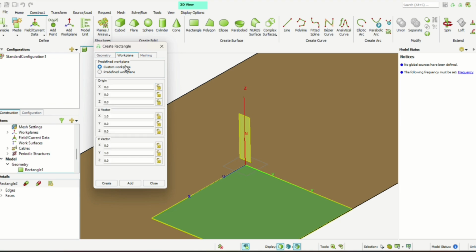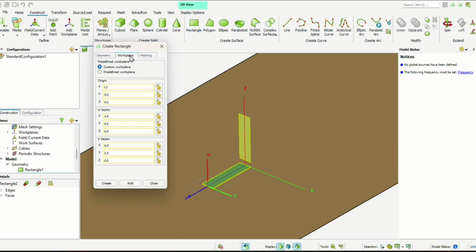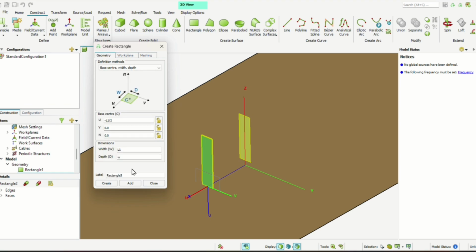I customize the work plane, starting the origin from X equals L3, and from the geometry I made corrections on the U part, that is minus L1 by 2, and with this L1 and depth is W. With base center I'm modifying the work plane to make the same orientation as the previous rectangle. The only thing is Z equals minus 1, and after setting all those things, I'm creating